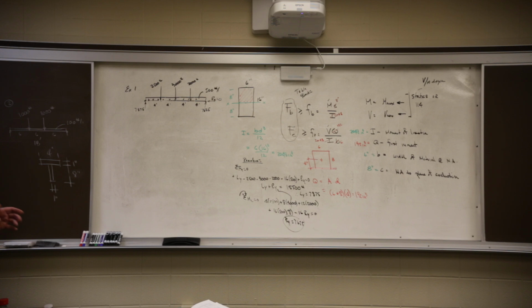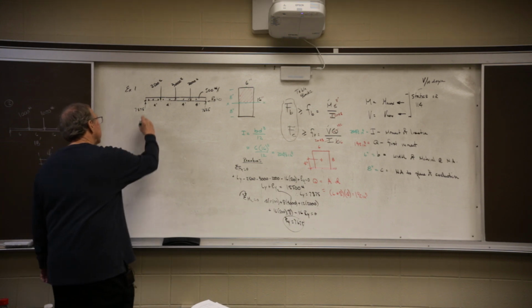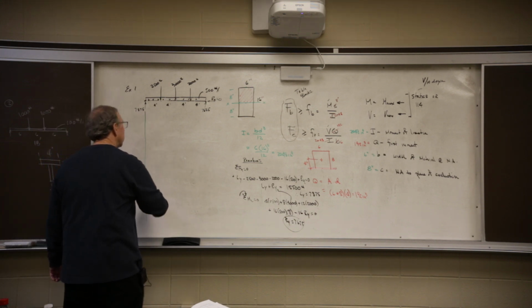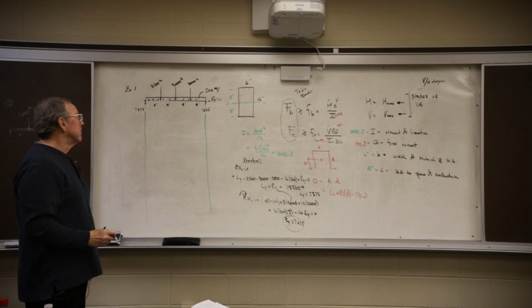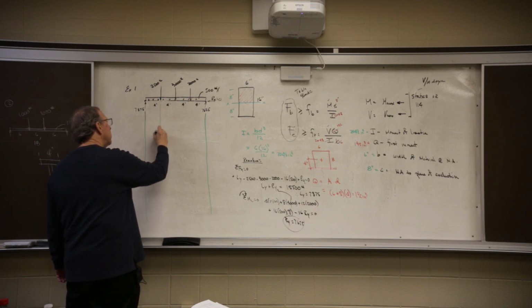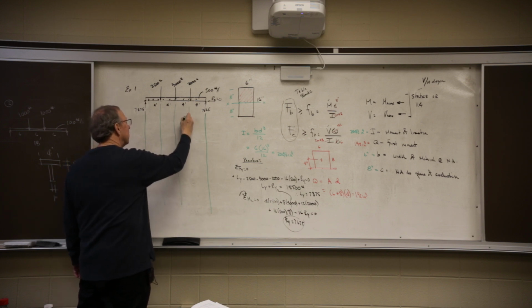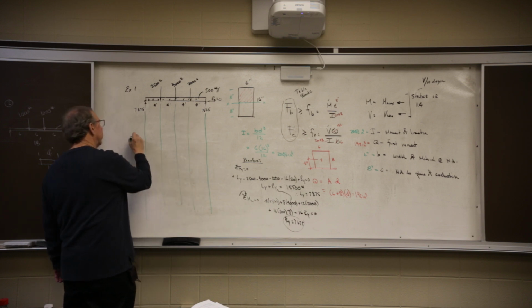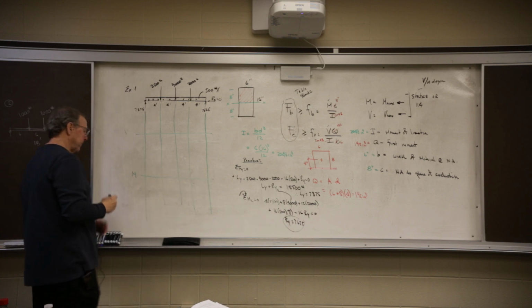I need to draw a picture that gives me a visual of what's happening from end to end. We do that by constructing our grid. Draw a line at the ends of the beam, anywhere there's a reaction, anywhere there's a point load, and anywhere there's a change in load. The first line is a horizontal line for shear. The second one is a horizontal line for moment. The graph